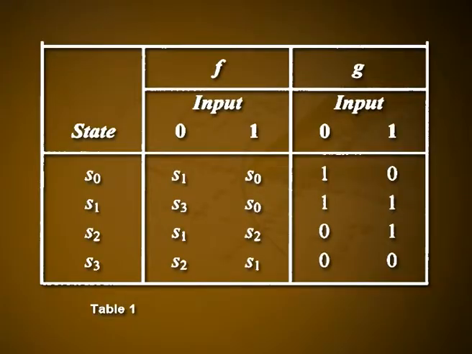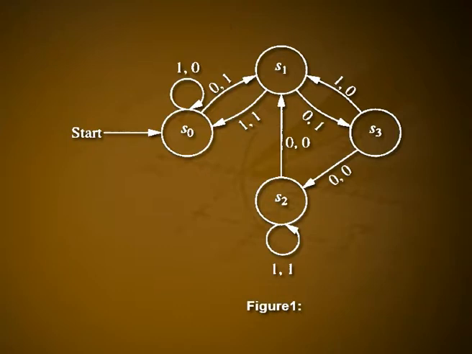Another way to represent a finite state machine is to use a state diagram, which is a directed graph with labeled edges. In this diagram, each state is represented by a circle. Arrows labeled with the input and output pair are shown for each transition. We will see one example. Construct a state diagram for the finite state machine with the state table shown in Table 1. The solution is, the state diagram for this machine is shown in Figure 1. In Figure 1 you can see different states S0, S1, S2 and S3 are represented in circles.